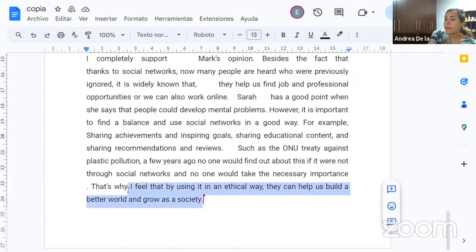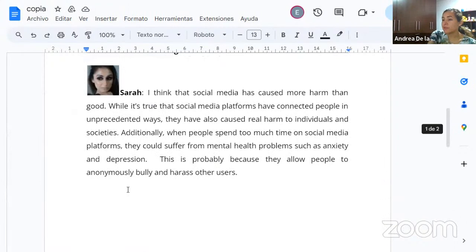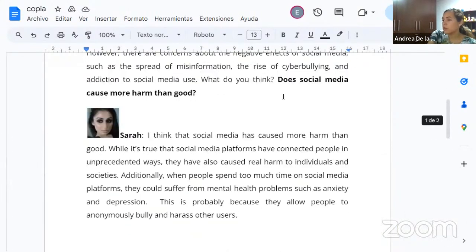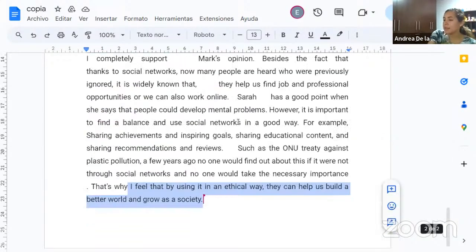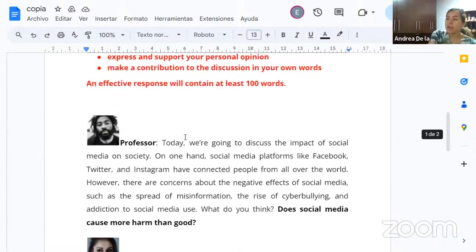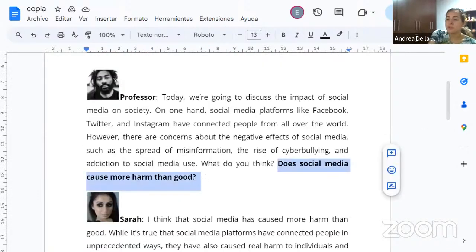I like this, but I don't know if it's a direct response to the question, because the question is not, if you use social media in a good way, can it help build a better world and grow as a society? That wasn't the question, right? The question is whether social media causes more harm than good. So I will try to directly answer this question. That's why I feel that social media definitely,